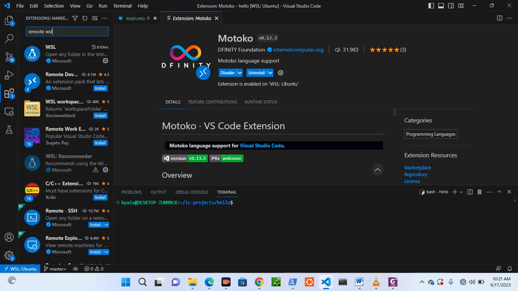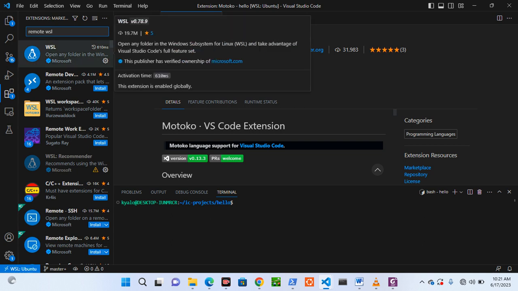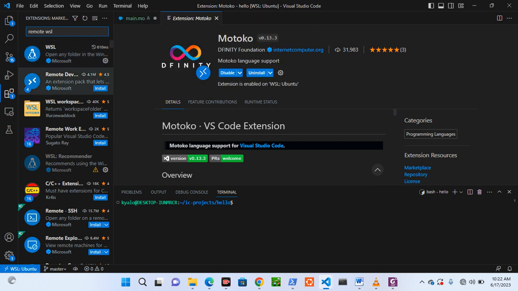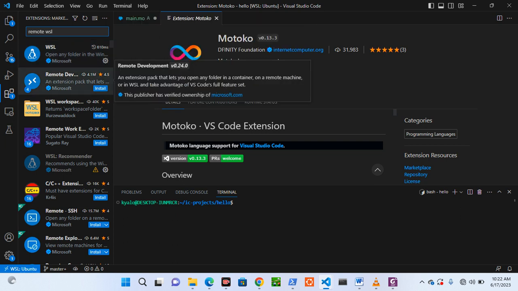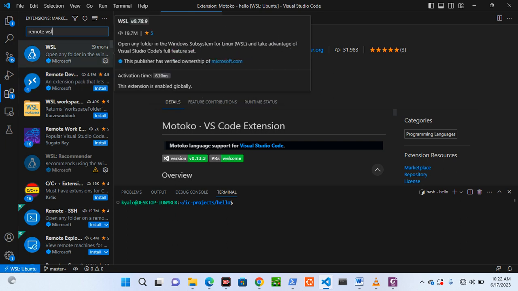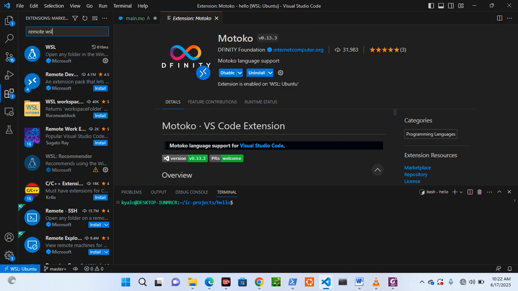Sorry for the noise, we were talking about the WSL Microsoft extension. You just install this one. When you see it like this, it means it's already installed, but when it is not installed, it will look like that. So you just click install right here. When you install those two,